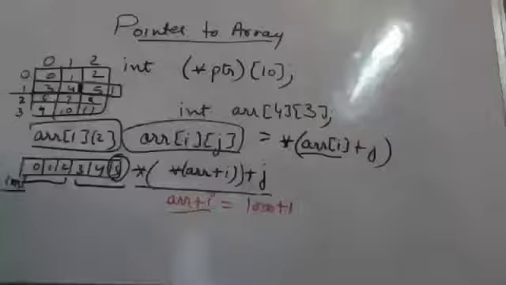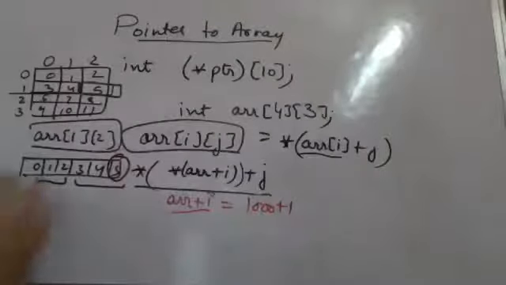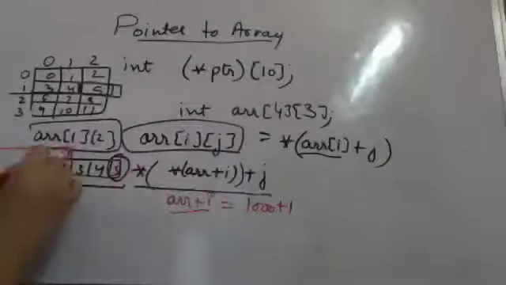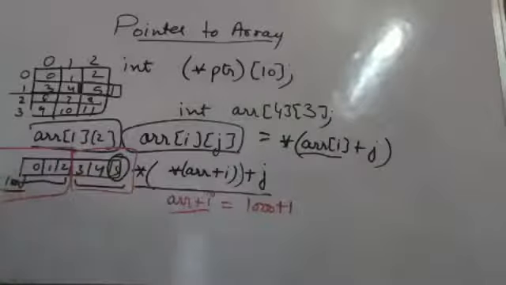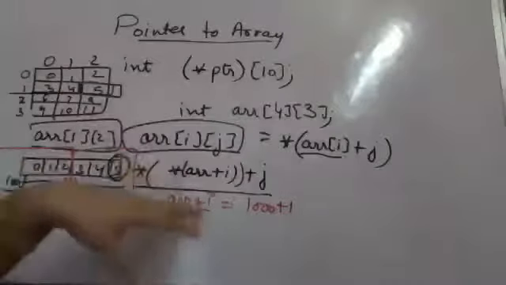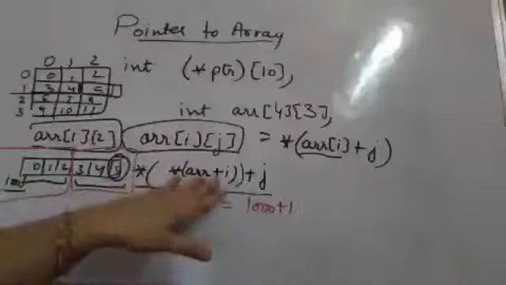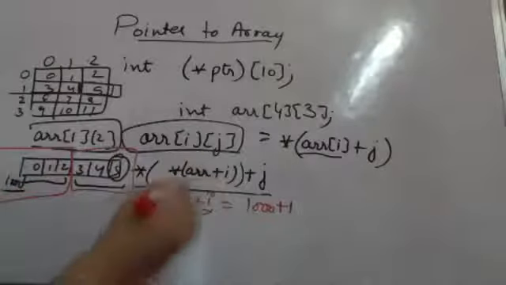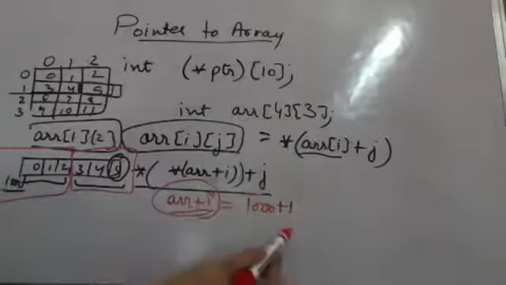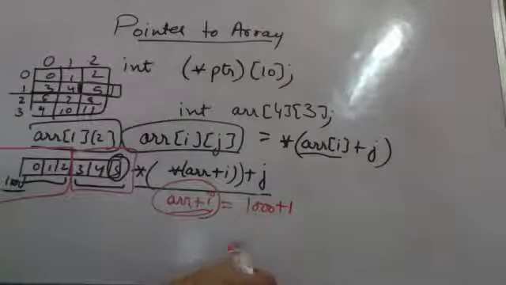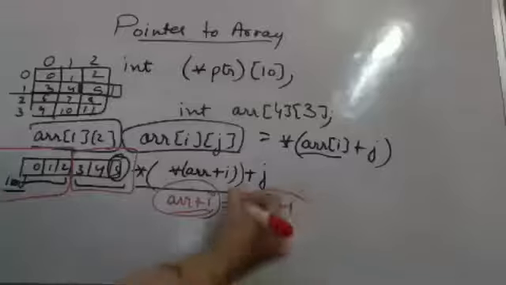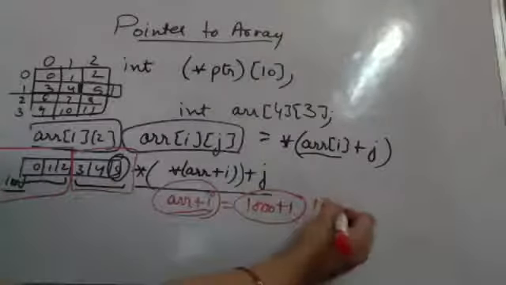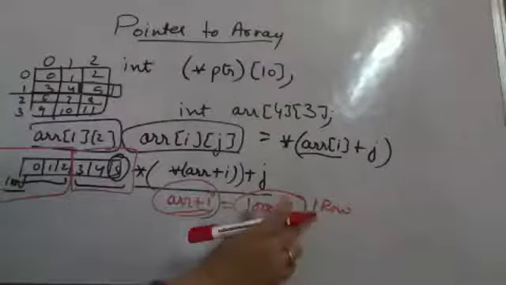तो मुझे उस रो के एड्रेस पे पहुंचना पड़ेगा. उस रो के एड्रेस पे पहुंचने के लिए समझो कि बड़े बड़े चंक्स डिवाइडेड है. When I am now talking about array of I, this array of I is representing entire row. ये एक इंटीजर प्लेस से शिफ्ट नहीं करेगा, एक रो से शिफ्ट करेगा. So this shift will happen by one row, not by one integer place but by one row.